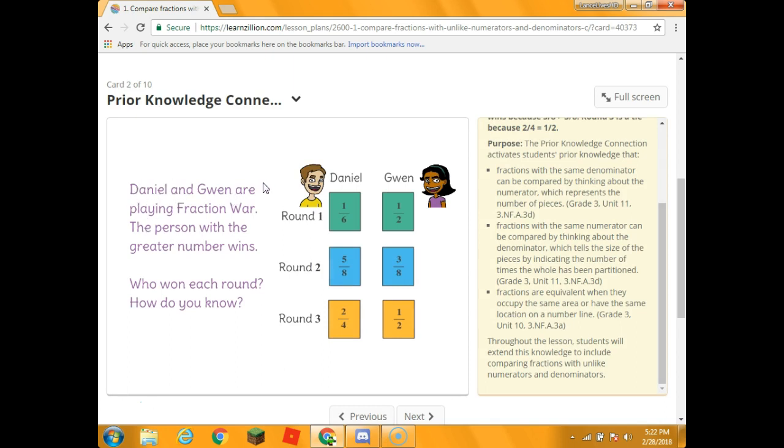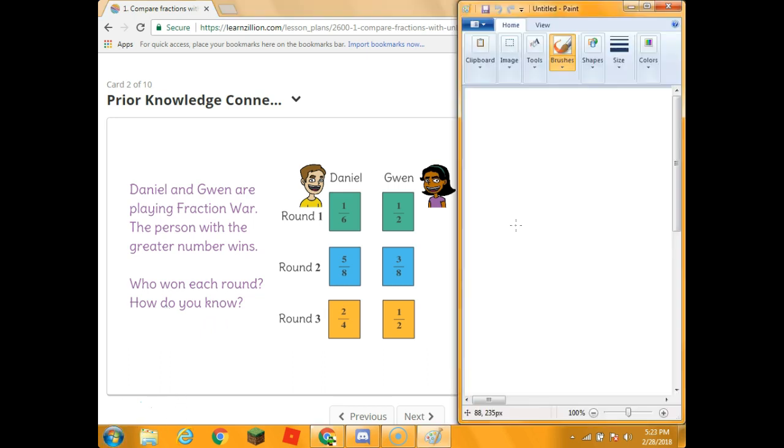Daniel and Gwen are playing fraction war. The person with the greatest number wins. Who won each round? How do you know? So let me pull up my paint tool. So now we can see our chart, and I have my paint tool up. So round one, I'll show you how you can determine which one won, because it may be hard for you to visualize which one is